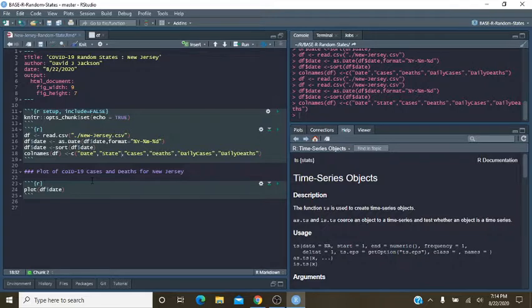Now, so first, let's do the cumulative. Oh, let's look this word up. Cumulative.